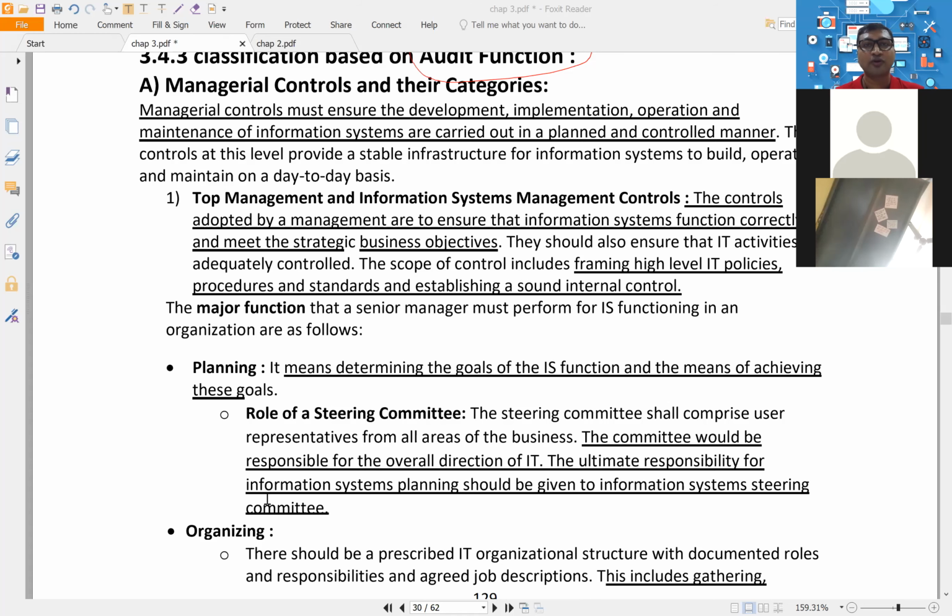So because of auditors, you know the limitation of audit, I hope you know that it is next to impossible that we can cover everything. Same concept applies here. It is not possible for an auditor to audit all the controls. So in that case, we have divided the controls into two parts, so we can try to cover maximum controls. One is managerial, another is application.